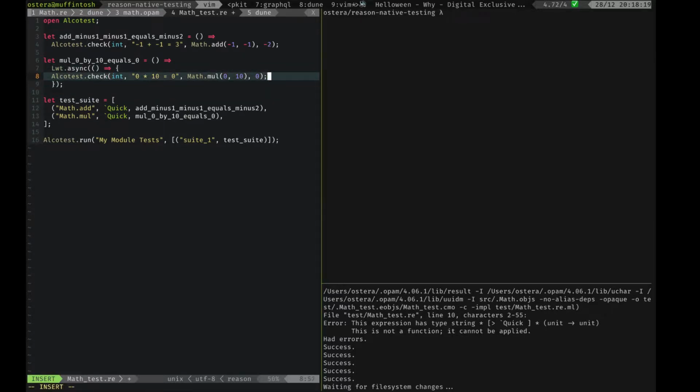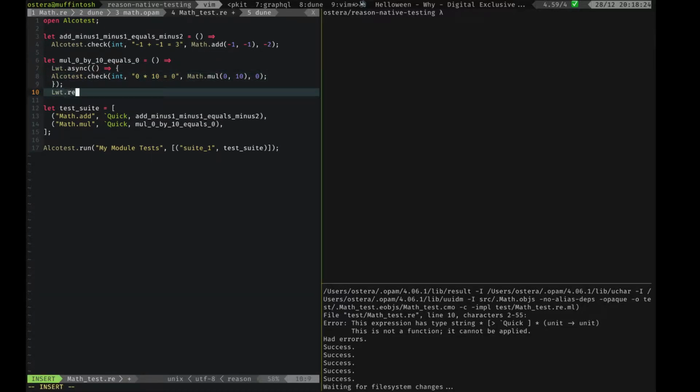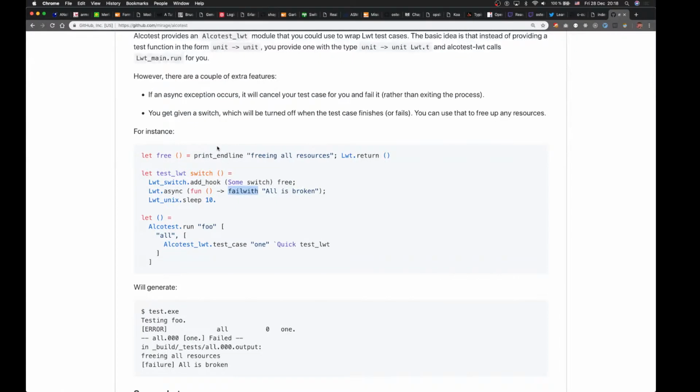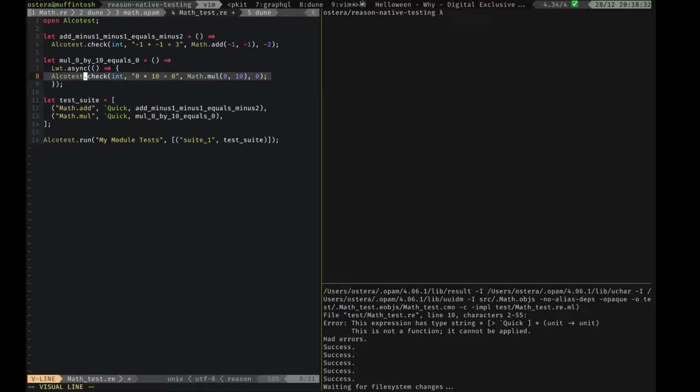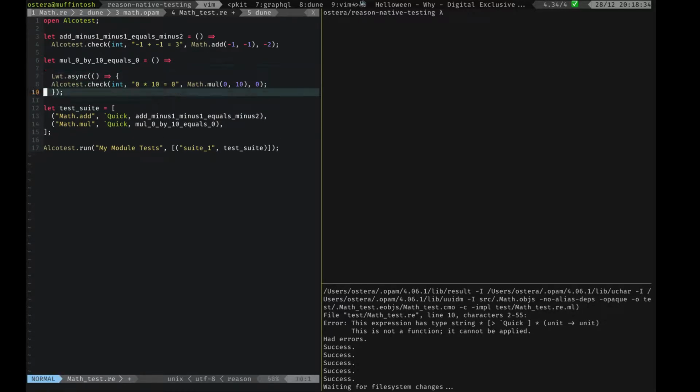So now it's running concurrently somewhere else, and then we just return. Oh no, wait, we actually need to return something that will be cleared up by the time this is run. Because this is not asynchronous, it's just running in a synchronous way,